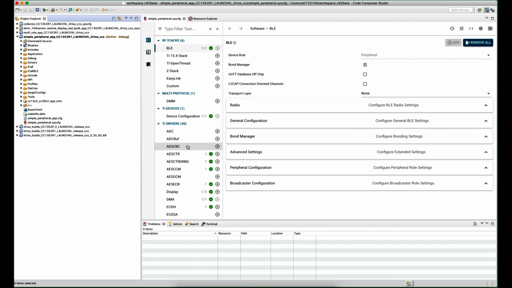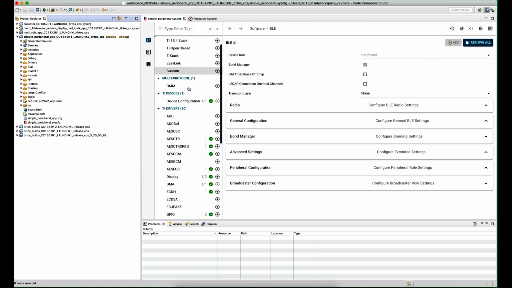So I'll click through the user interface here a little bit just to orient viewers so they have an idea of what the tool looks like and some of the features that are integrated into the tool. The primary view here is on the left side. This is our long list of software components that are configurable by sysconfig. So we touched on a couple of them.